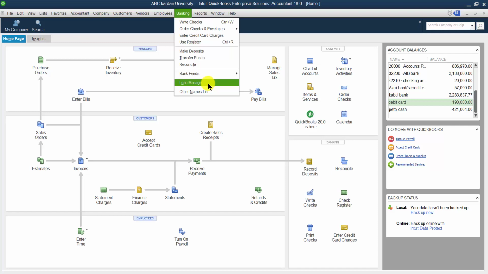What is the purpose of loan manager? Through loan manager, we can manage how much loan we have received, within how many years we have to pay it, how much is the rate of interest, and how much we have to pay on each installment. Within how many years we can clear the original amount of the loan along with the interest, and so on. But before clicking on the loan manager, you have to see